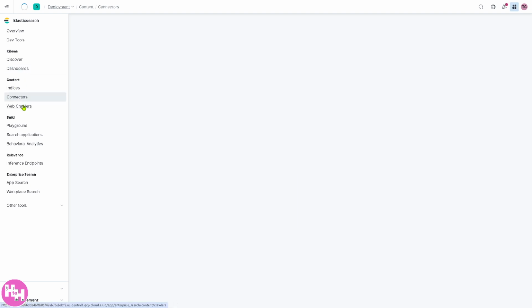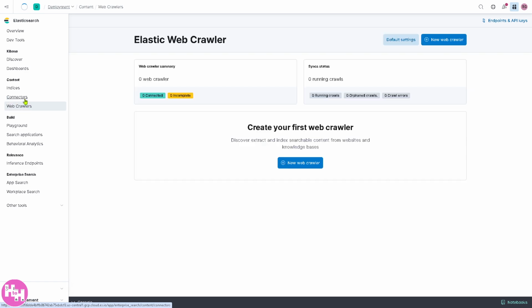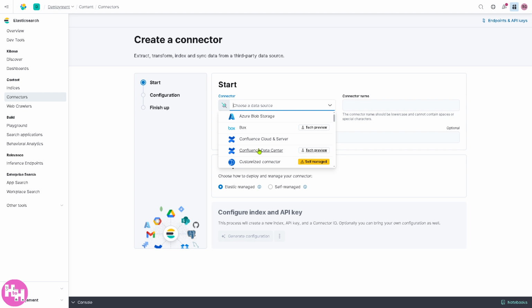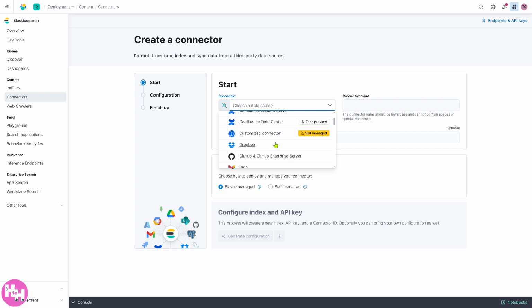We have the connectors and web crawlers. Now, for the connectors, it's going to be an option where you can integrate Elasticsearch with external data sources, such as you have all of these. All you have to do is configure the index and API key, set up, and provide the connector name. Is it going to be Confluence Cloud or Server, a customized connector, Gmail? For example, we're going to be using